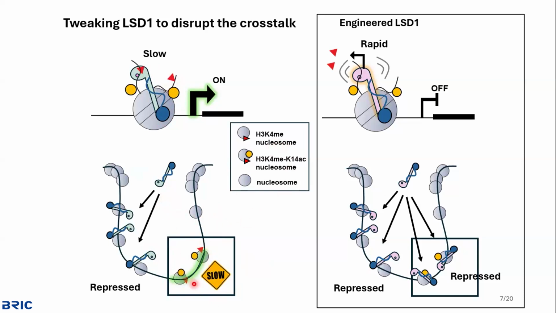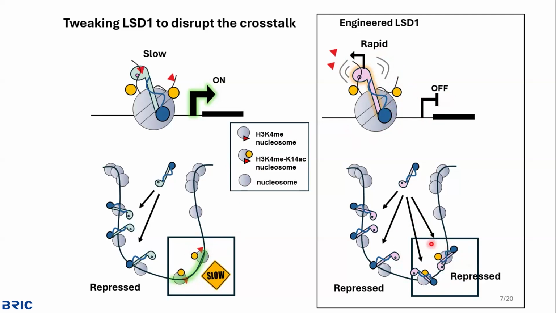On the other hand, if you want to identify which genes are protected by acetylation, we thought this protein engineering approach could be viable. For example, an LSD1 mutant that is no longer sensitive to acetylation of lysine 14 would rapidly demethylate these histone proteins, which will turn the genes off. So, for example, this specific genomic locus, which is decorated with acetylation of lysine 14 and methylation of lysine 4, will immediately get